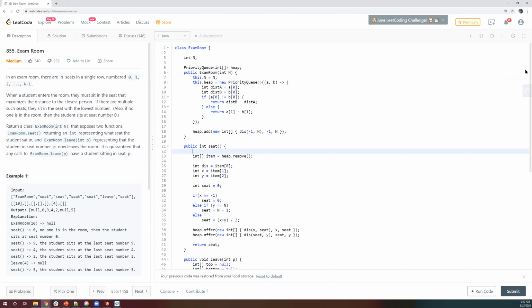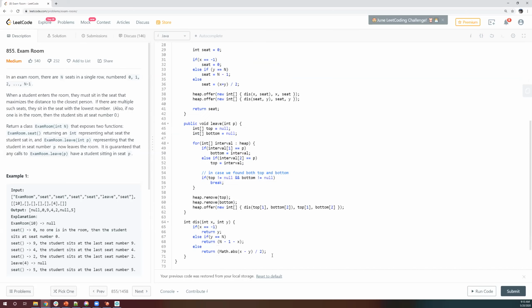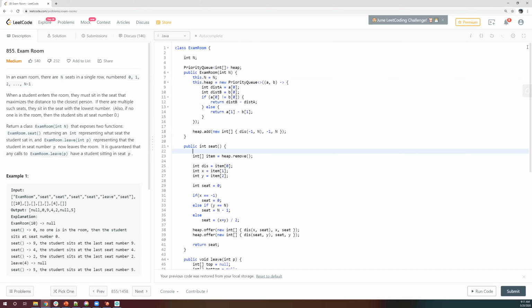Okay, and then if I remove, you have to recalculate those intervals, right? So we have to merge them. That logic is here. But what I was trying to say is that the seek operation is optimized, but the leave operation is not. What I've seen is that only one operation can be optimized at max with the help of a data structure. But there could be a better way of doing it.